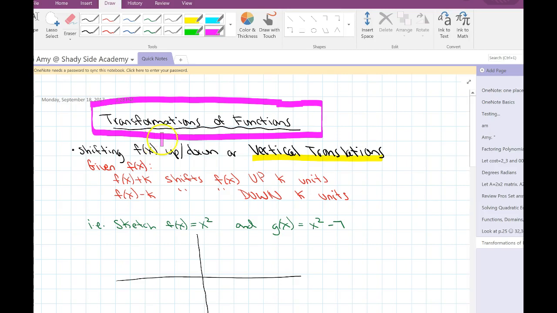So what I start off here, I just wrote down the ones that you have seen before in the past, okay? So I know last year, after speaking to your Math 2 teachers, I know that last year, when you had a function, you knew how to translate vertically or shift a function up and down vertically. And specifically, you saw that when you were given a function, f of x plus a constant shifts f of x up k units, f of x minus a constant shifts f of x down k units, okay? And so I gave an example over here,